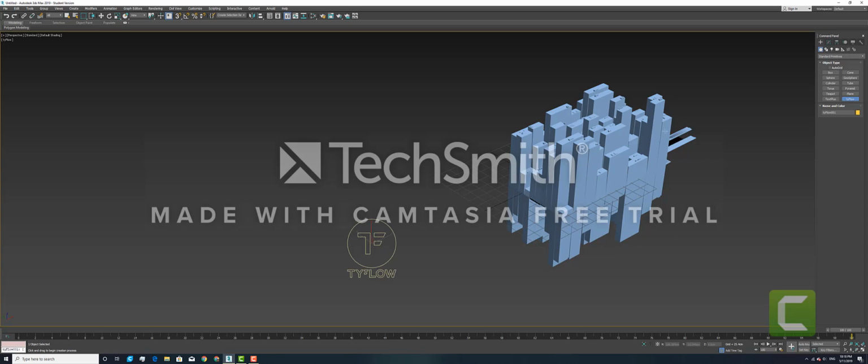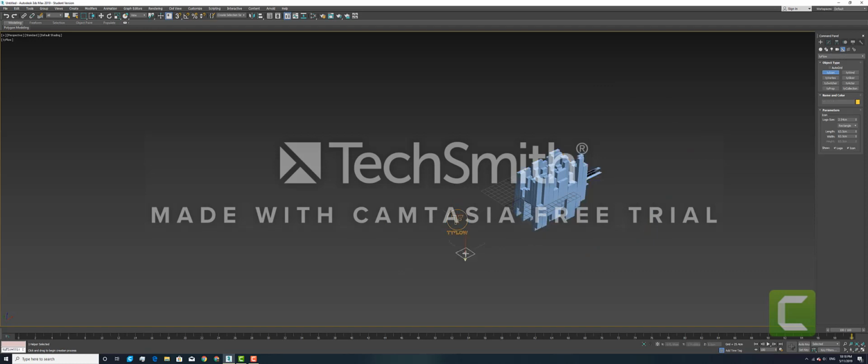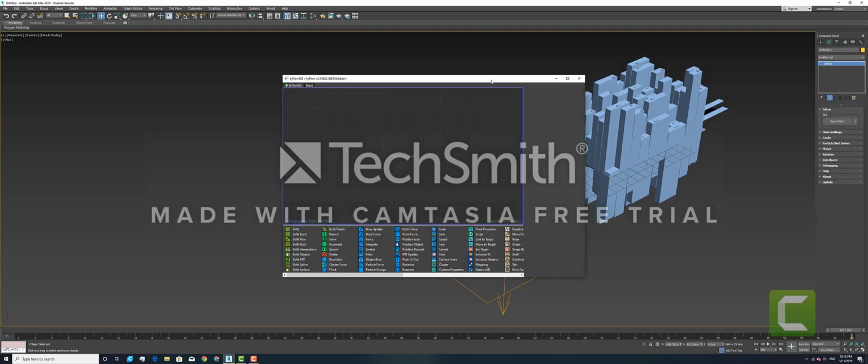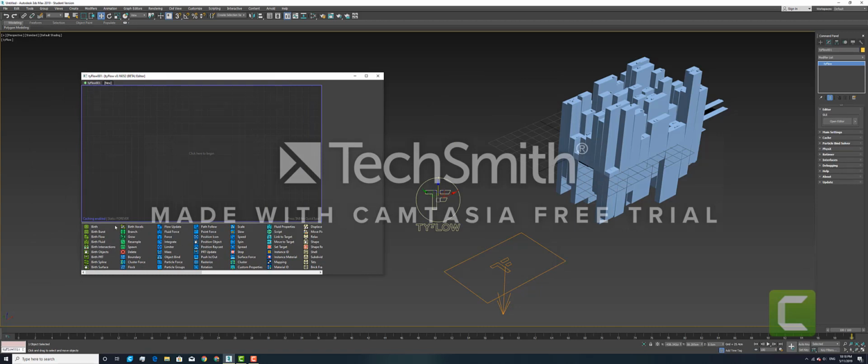So Tyflow object, in helpers, load in the Tyflow icon. Whoops, did it properly. Load in the Tyflow icon, and now I will be entering the Tyflow editor. Click on the Tyflow object, under modifiers, open the editor, and load in a birth, a position icon,